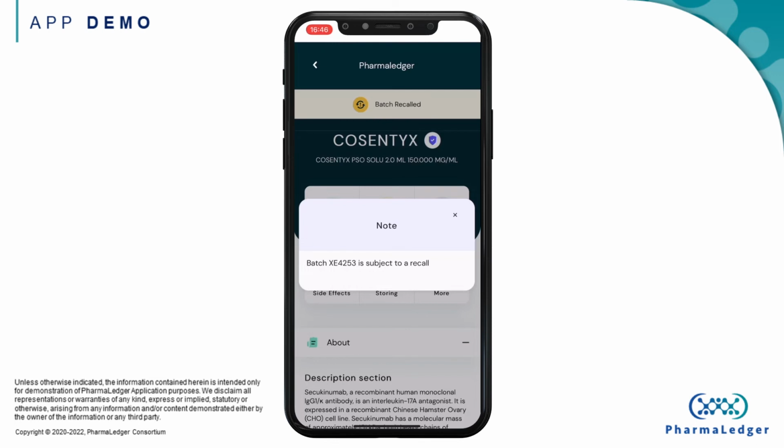Still, we need to define what exact instruction we can give to our patients. But just imagine this feature using paper. Let's continue with our feature to protect our patients.